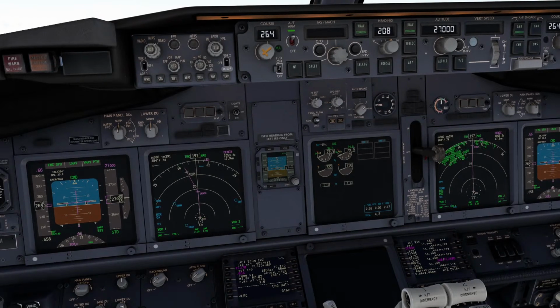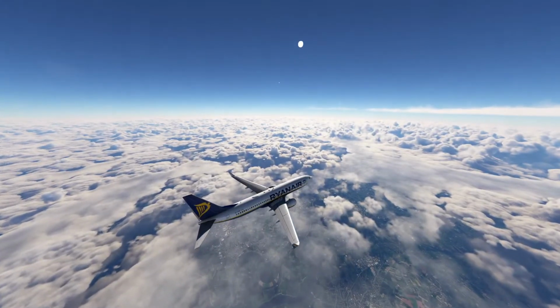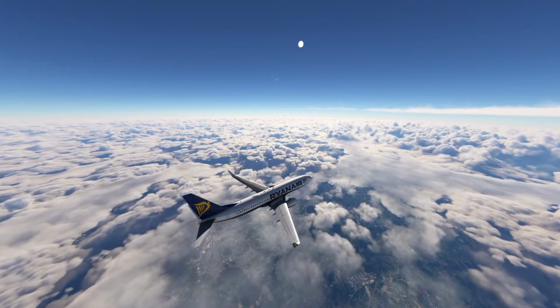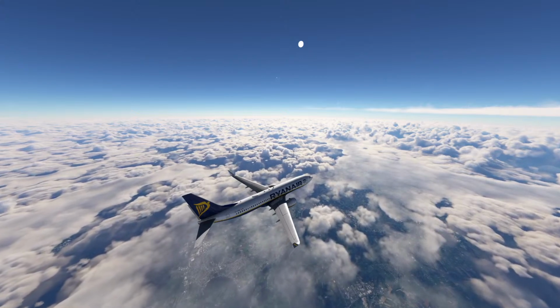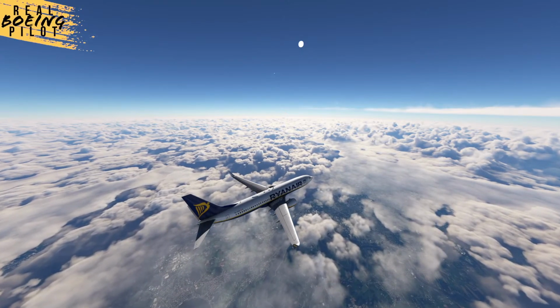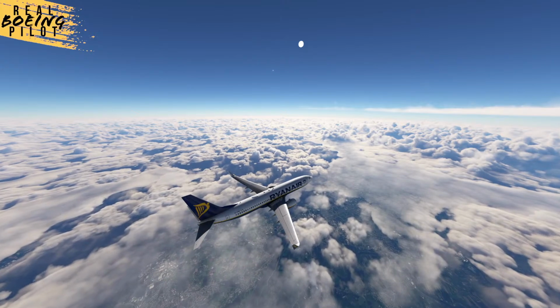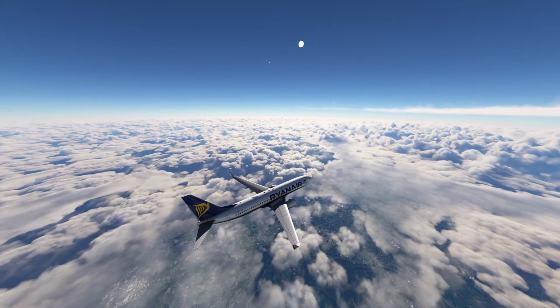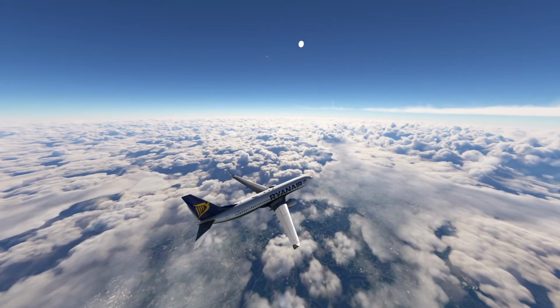How often do you have to dodge CBs in real life? Well, that depends on which part of the world we are flying actually. I have to tell you that if you are flying in the north region of Brazil, it's quite common. If you are flying over India and the Atlantic Ocean, it's quite common as well. And any other place during summer. Okay, so I'll say that over India, over the Amazon forest in Brazil, it's the whole year, anytime it can happen. And apart from this,